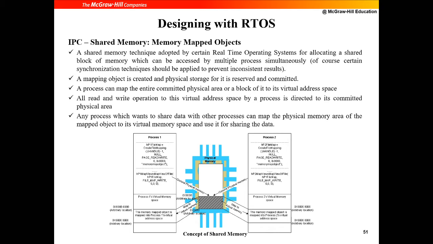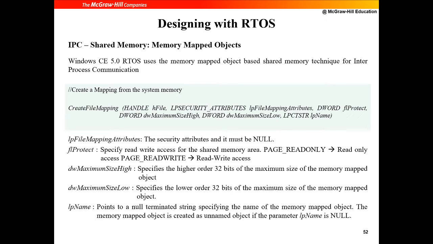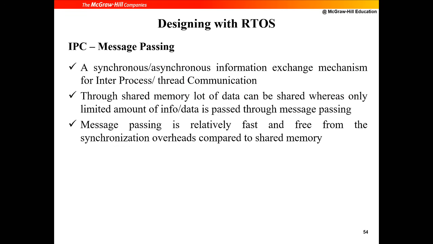Next, we have memory mapped objects. In memory mapped objects, what happens is we actually fix a block of memory, and then you start writing to this region, and you use this particular region for all your communication. This is the same as the shared memory we saw, right? Shared memory is the concept, but here there are two: one is your pipes, the other one is memory mapped objects. So this is the memory mapped object.